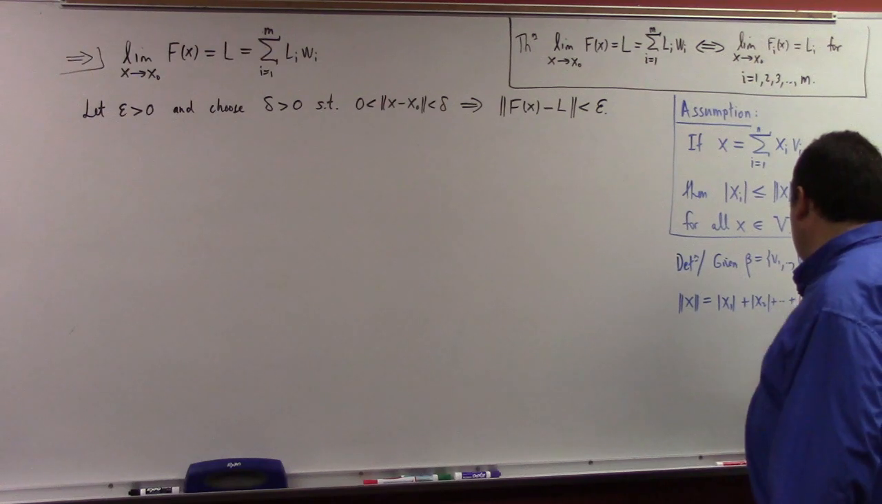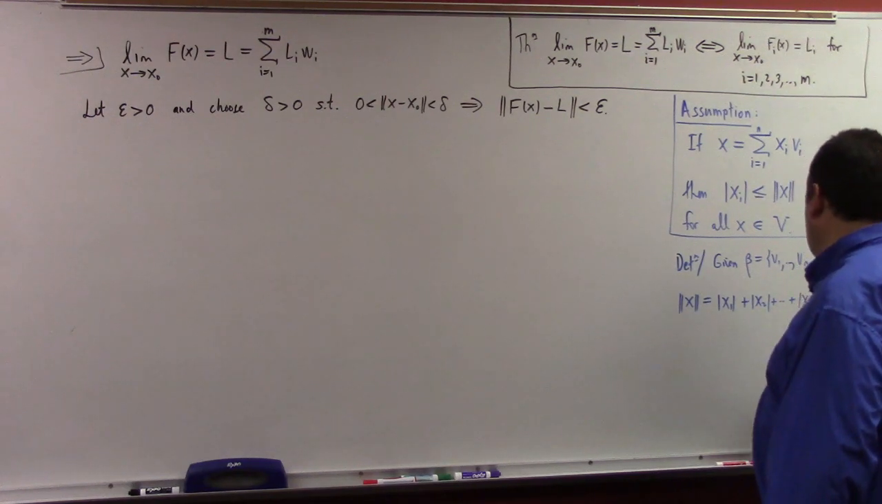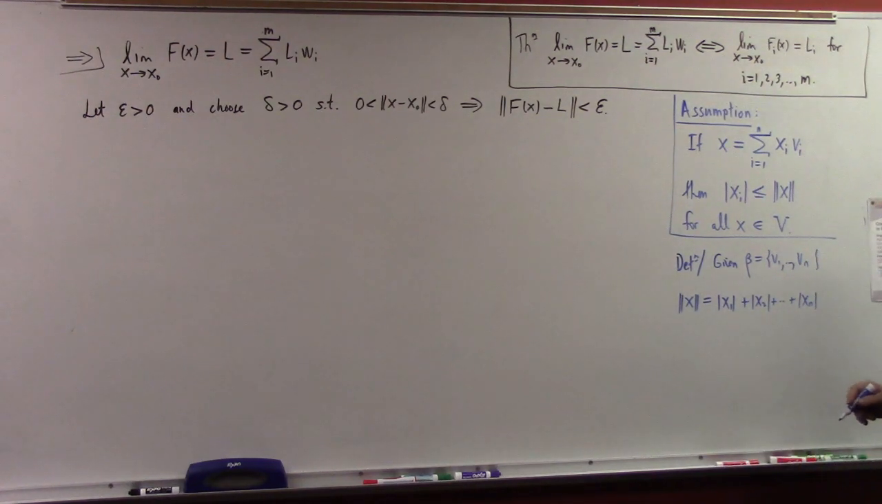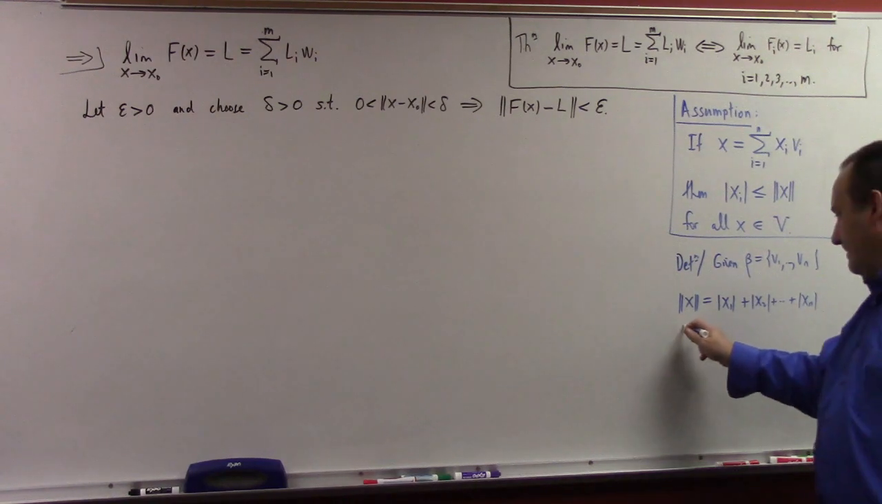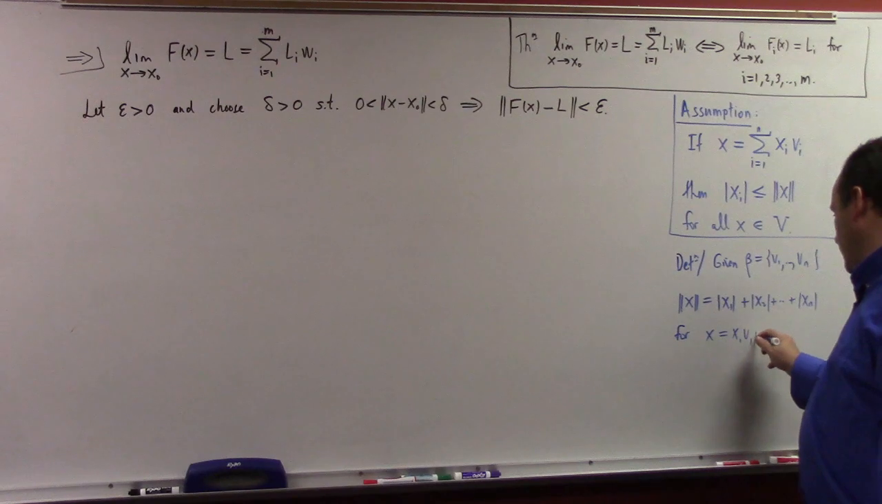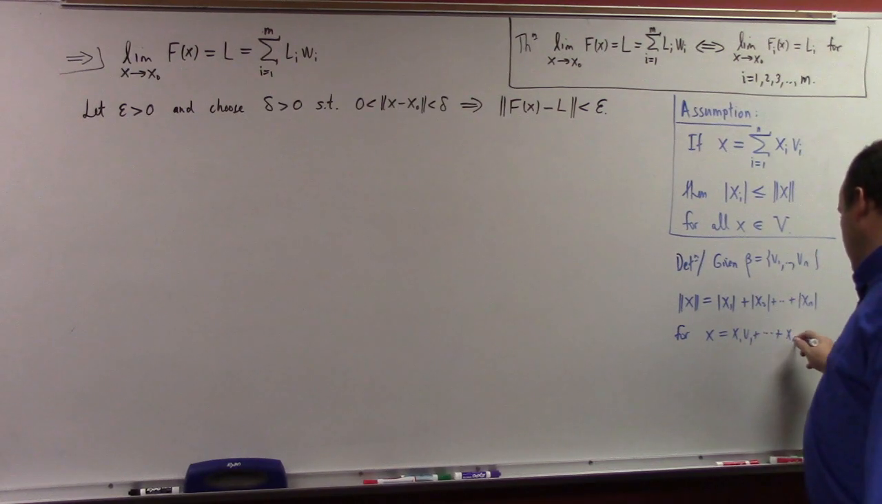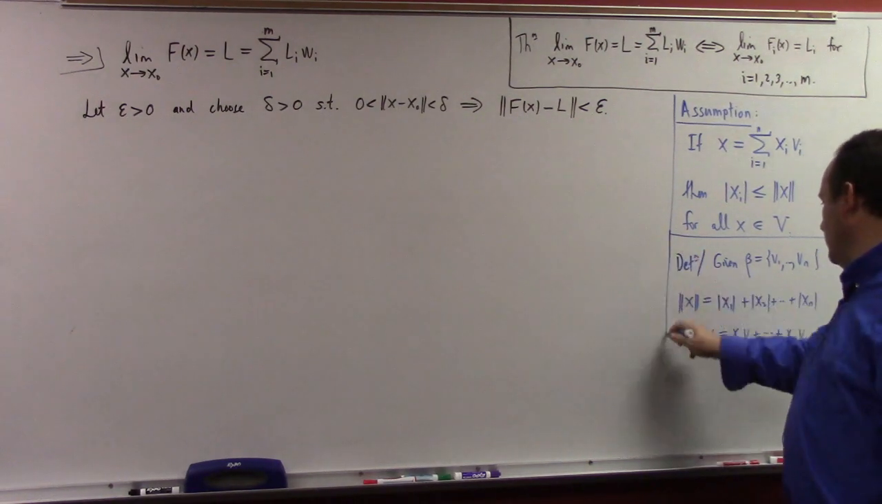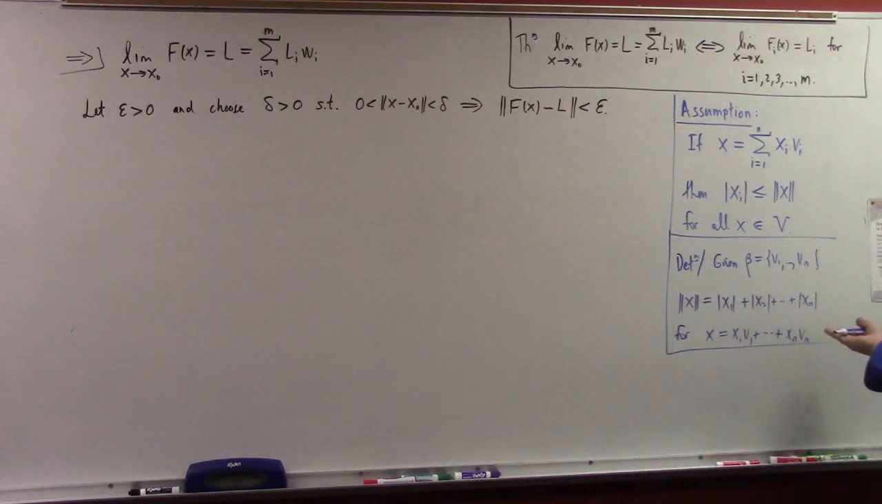Plus and so on, plus the absolute value of xn, for x equal to x1 v1 through xn vn. So we can define a norm like that. All right, so I'm just saying, for the purpose of the proof part of the course here,